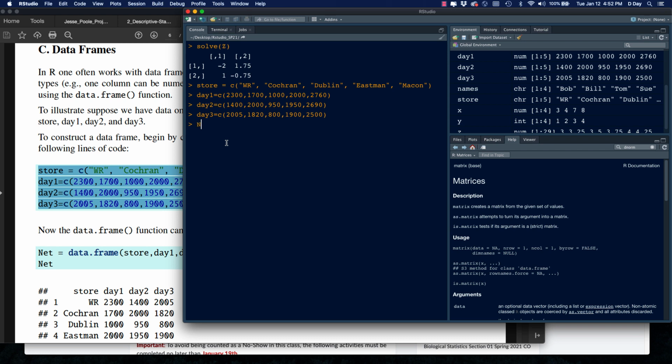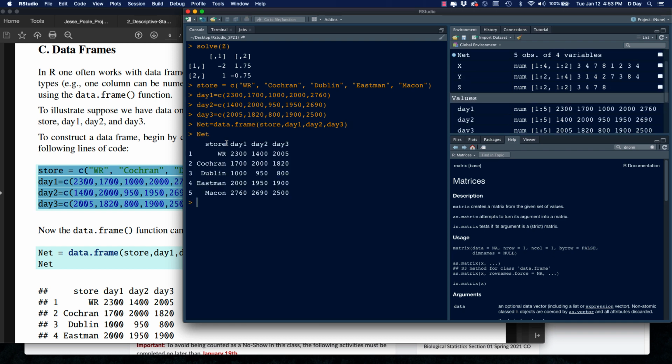Now to create the data frame, we're going to give it a name. We're going to call it net, so store net basically. And it's going to be data.frame, the command name, open parenthesis, and then you put the vectors in the order that you want them to be in your data frame. So I want my store vector to come first, comma, then I want my day 1, comma, my day 2, and then my day 3 to be in there. And if I hit enter, and now if I type in net, I get a nice little